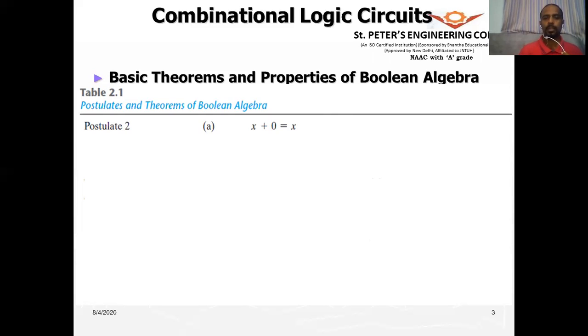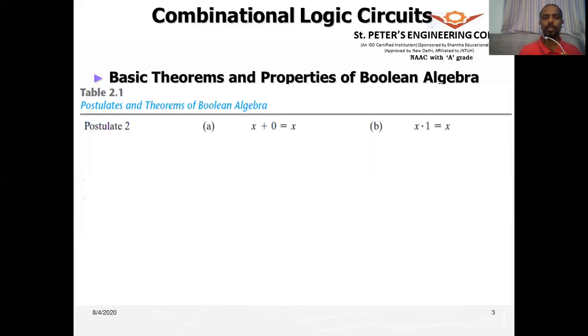here. The plus indicates the OR operation, not the addition operation. All right, so here we will call it a Boolean operator. So that is a Boolean operator called OR operation. So x ORed with 0 is x. And if you extend it to the multiplication, so this is the multiplication, so that is x. And here we call that the AND operation. x AND 1 is x. So when you OR x with a 0, you will get x. And when you AND x with 1, you will get x.